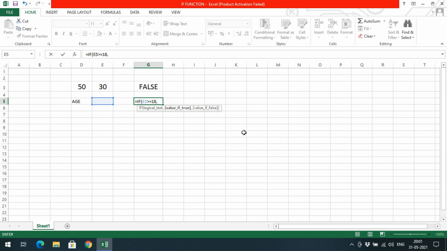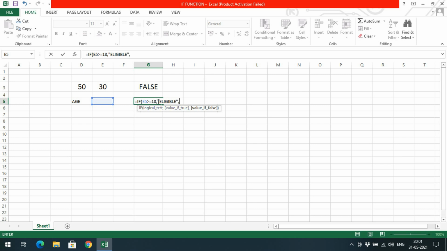Use a comma, and here we need to give the statement which needs to be printed if the condition becomes true. So if the condition becomes true, I need to print eligible, right? And again use a comma, and there you need to write the value for false. So first we need to give the logical test, that is the condition, and the second parameter is the value if true.